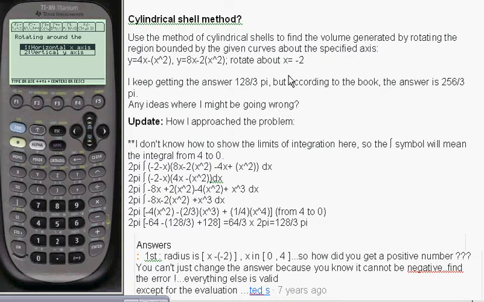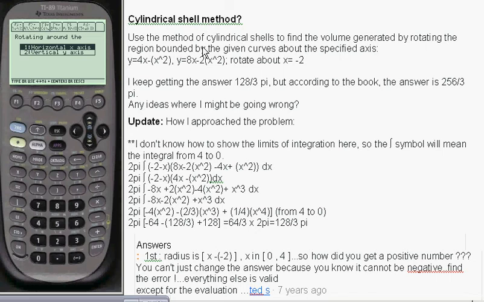Reason is that it's all simple functions, and calculus needs functions to work with. Look at these simple functions here, 4x minus x squared. If you graph both of these on your calculator, which I've done, you can see there are two parabolas. One is a valley parabola, because it's a minus x squared, and the other one's a mountain parabola. Then they meet in between, and you're going to revolve it around the x-axis or the y-axis, vertical,